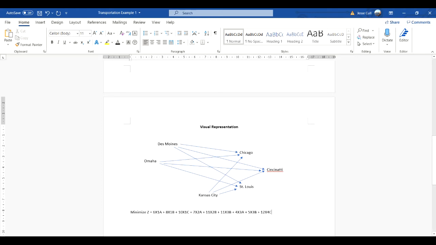And what we've done is x1a simply represents